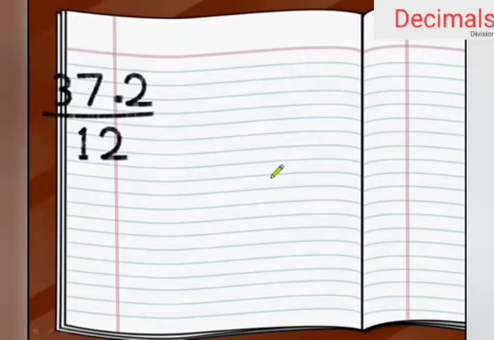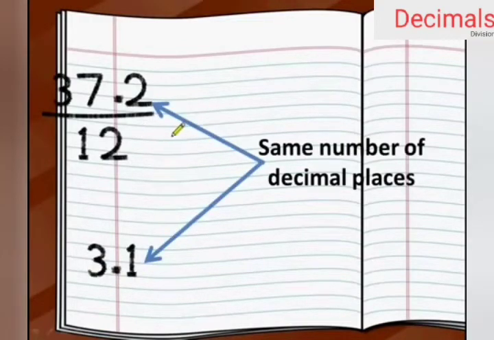So we'll write 31. But if you see, we have one digit after the decimal as tenths. So for putting the decimal, we will go from right to left. Clear? After the division, you have to check at the end that there are the same number of decimal places or not. You have to check how many digits are there after the decimal. If it is the same, then only your answer is correct. Here we have tenths in 37.2 also, and in 3.1 after the decimal we have tenths.